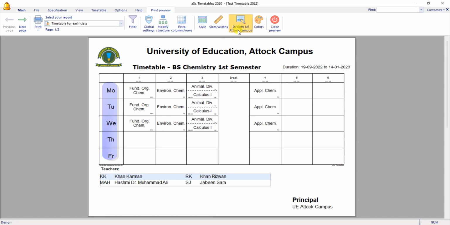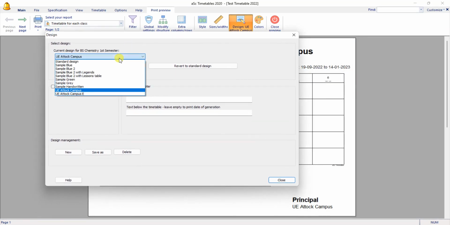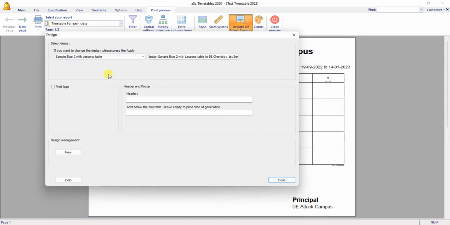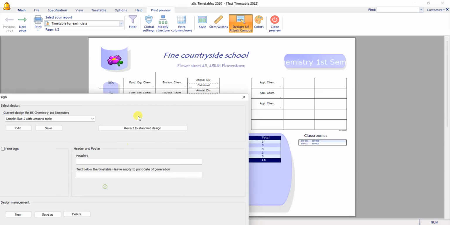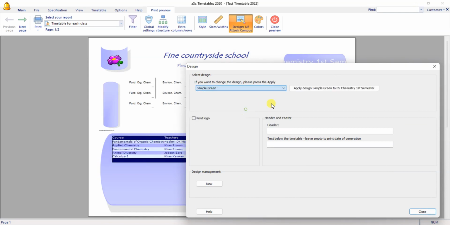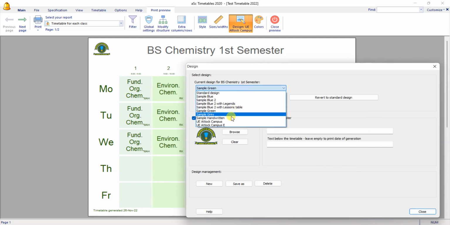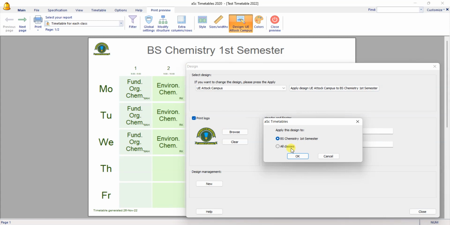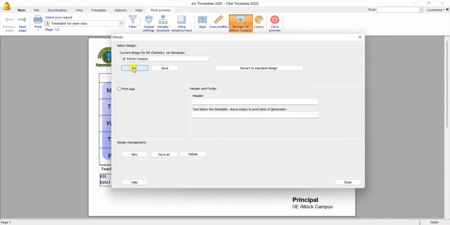If I click on the design, it brings up this window where you have different designs. If I apply this design to this class, you can see how it looks. And then other different designs, if I apply it like this, and many others. But if you want to edit a style, I'll just edit this one. I apply it to all classes, and then this style, we need to click edit,